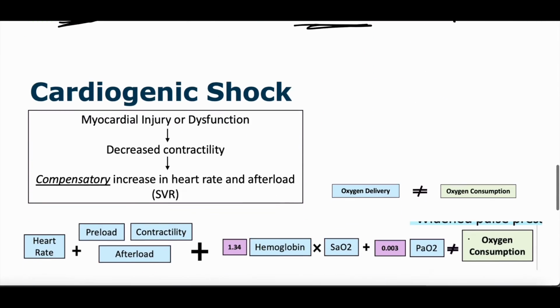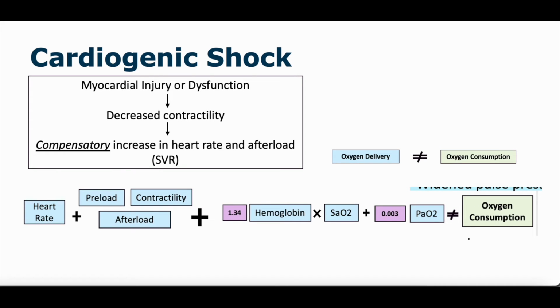Shock state number 3, cardiogenic shock. So cardiogenic shock is essentially the pump. The heart won't squeeze well enough. And this can be from a lot of different things, right? Maybe you had a heart attack or a myocardial infarction. Maybe you have severe valve disease. You have a really bad valvulopathy. Maybe you have really bad